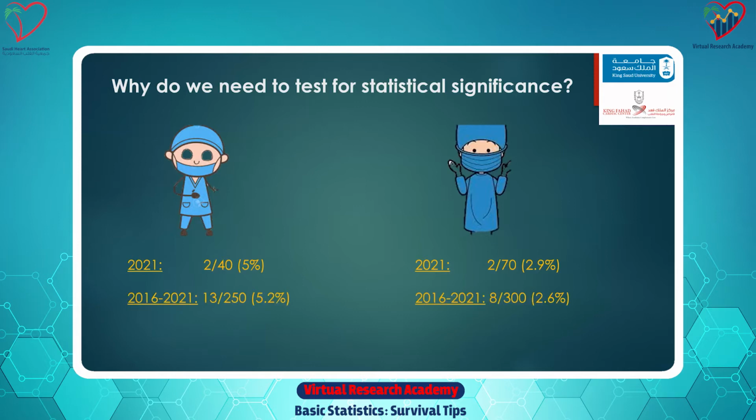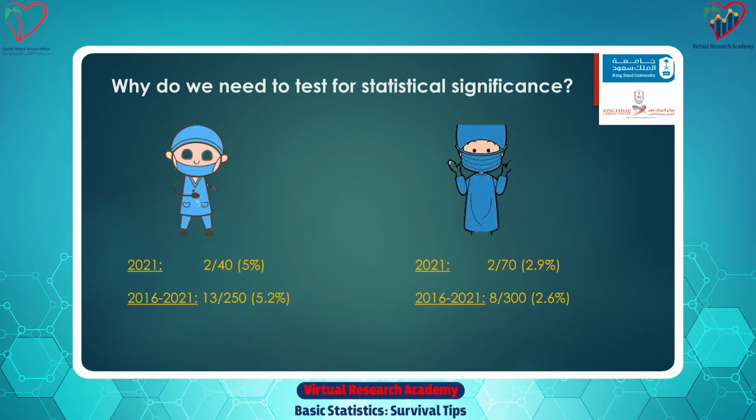So you then look at the last 5 years and you find that surgeon A did 250 procedures, had 13 complications. So that would be 5.2%. Surgeon B had a complication rate of 2.6%. Now back to the same question. Would you feel confident saying that surgeon A has a higher complication rate than surgeon B? Too bad we can't see votes, but you know, I think some of us might say, yeah, maybe. Most of us would say, I'm still not confident.